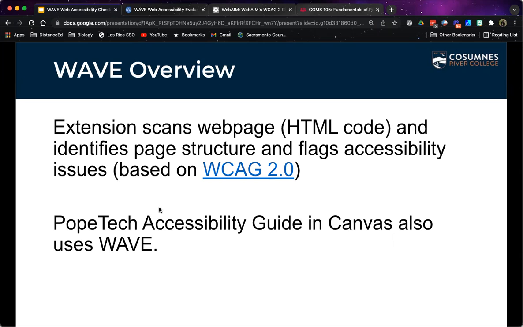All of the accessibility issues that it flags are going to be based, right now, I believe, on Web Content Accessibility Guidelines 2.0. I've included the link in this if you really want to take a deep dive into all of the web content accessibility guidelines. But again, you don't really need to take a deep dive into that stuff in order to use WAVE, the Web Accessibility Checker tool,